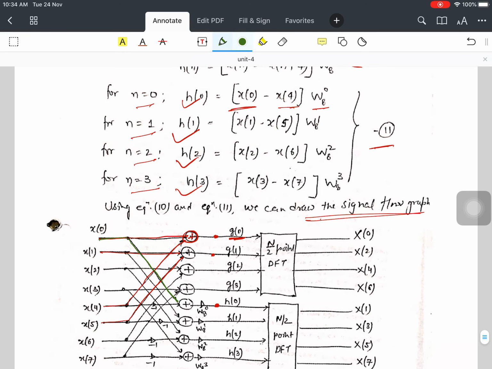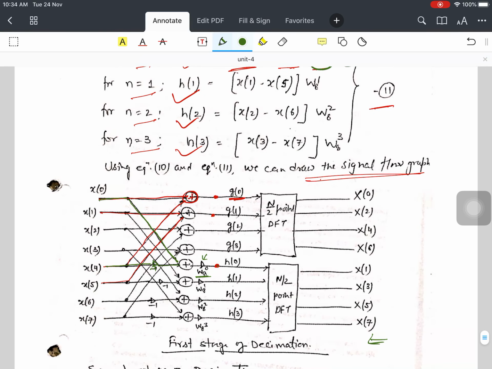So, you can check over here, x4 is coming over here, here you multiply by minus 1. So, that will be minus x4, and overall is multiplying with W_8^0. So, here is again a multiplier, that is multiplying with twiddle factor W_8^0. So, at this point you are getting this value. So, same way we can draw this